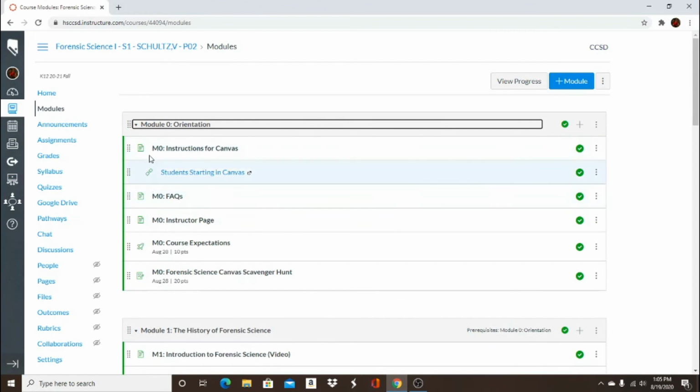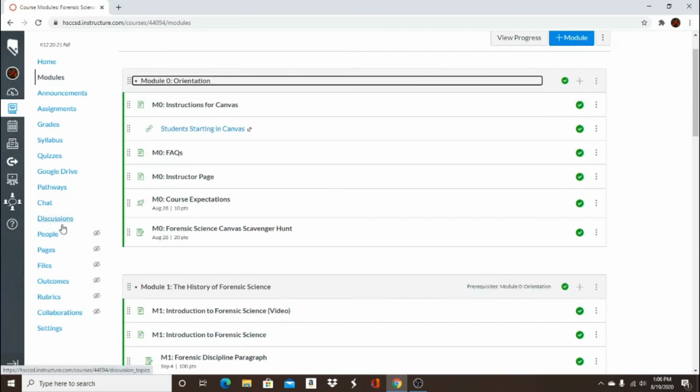I do encourage you to do the rest of the orientation module, and make sure you do this little forensic science Canvas scavenger hunt. That'll help you get used to clicking on these different things like the announcements and the discussions and the different little spots of Canvas that you're going to have to use frequently